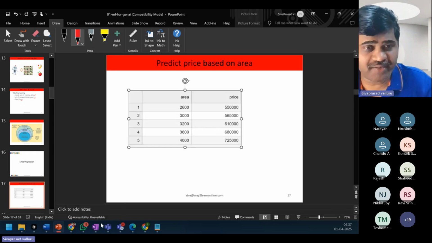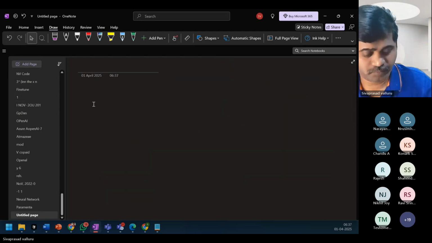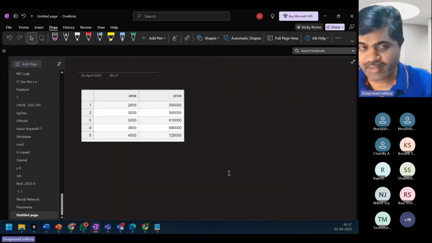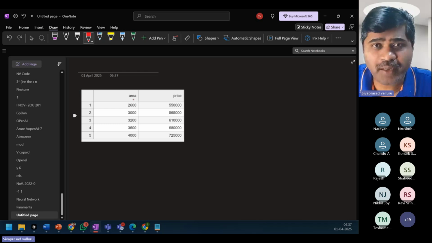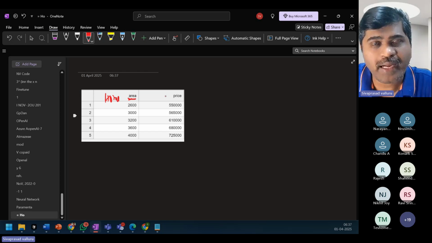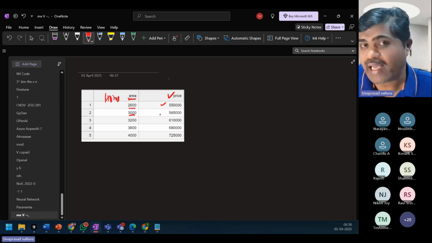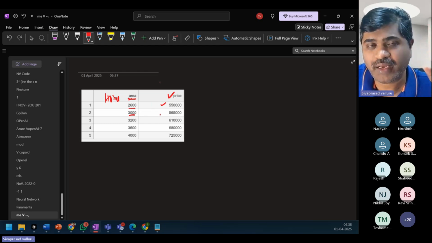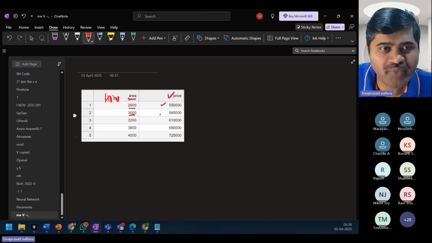Let us take an example. Let's assume that I have this data in tabular format. I have the area of houses, the home area, and the price of the home with this area. So for 2,600 square feet, the cost is this much. For 3,000, the cost is this much. Assume that I have home prices data, and right now I'm showing only 5 rows.